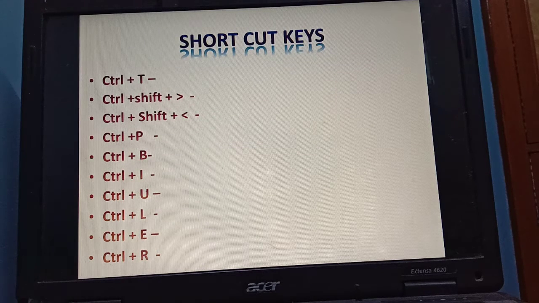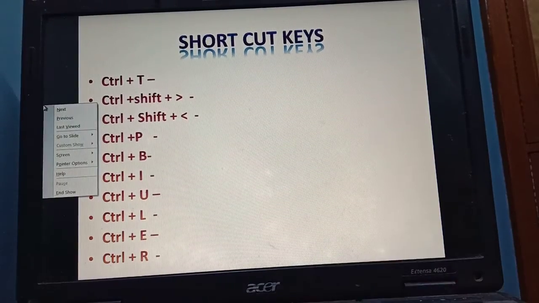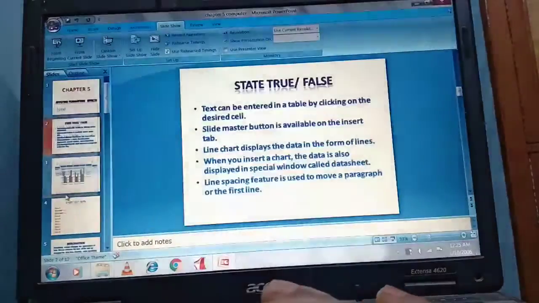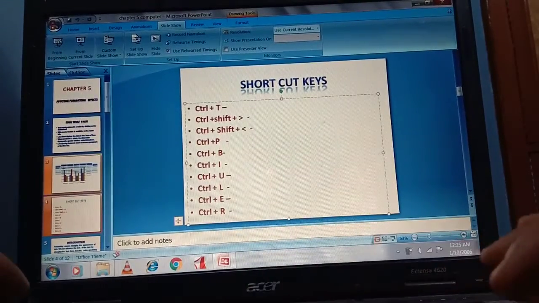Control plus T. Control plus T is used for opening the font dialog box. Is it clear? Let me show you. It is used for opening a font dialog box.